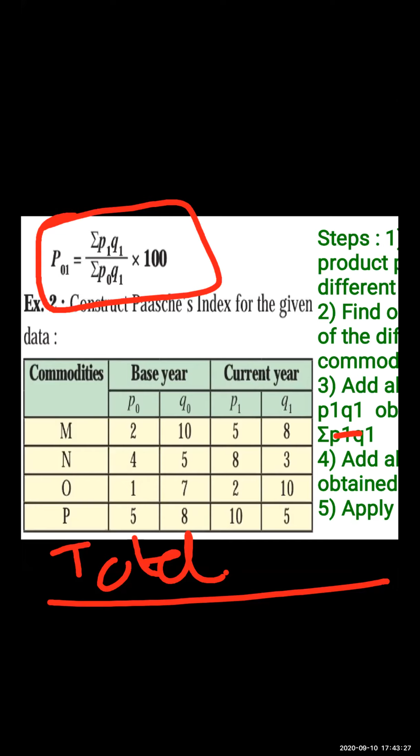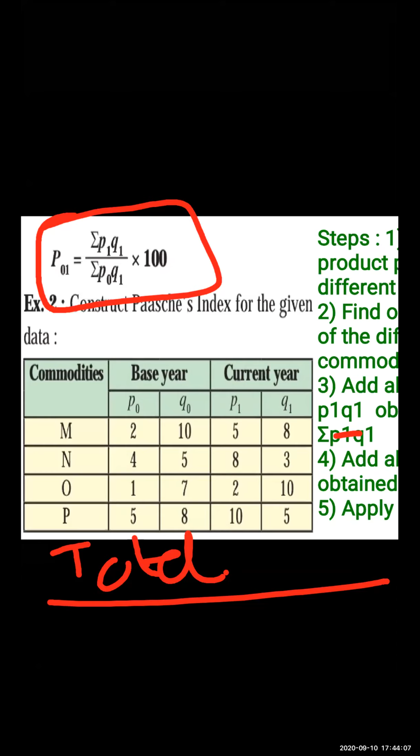Okay. So what is the formula demanding for? Do we have ready variables in this table or we have to find it out? Yes, we have to find it out. What two things we have to find out? Write down in the chat box. Yes, we have to find out the product of P1 Q1. Yes, Aniket, Preeti. And then the total of P1 Q1.